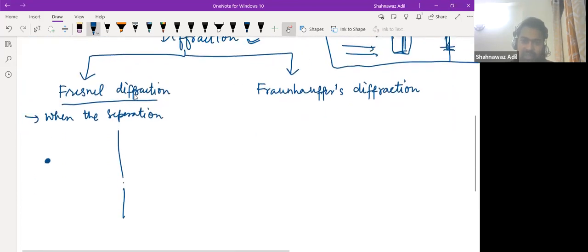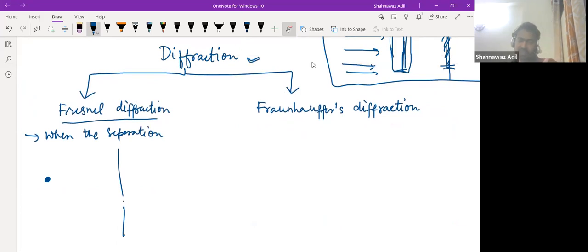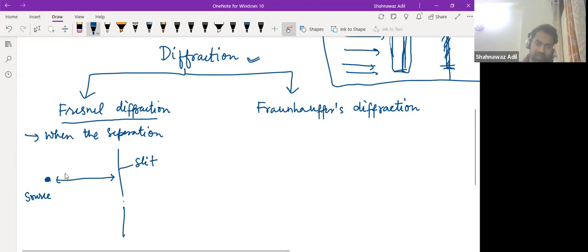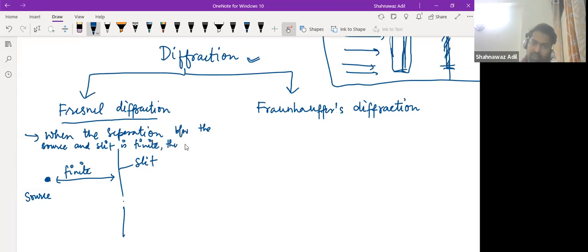Yeah. So we were talking about the definition of these two kinds of diffraction. If this is the source and this is the slit, and the separation between them is not finite, let me call it not finite. So if this is finite, then it is called Fresnel diffraction. So when the separation between the source and slit is finite, then it is called